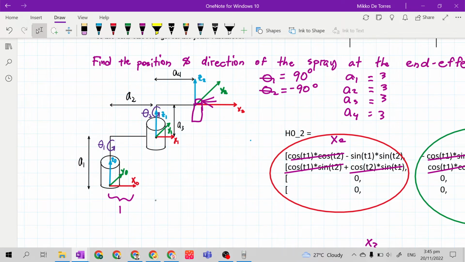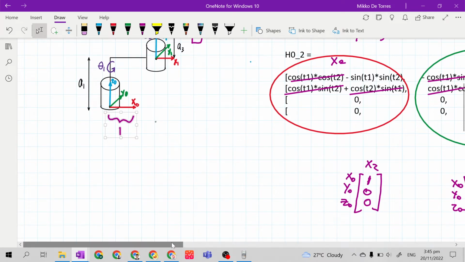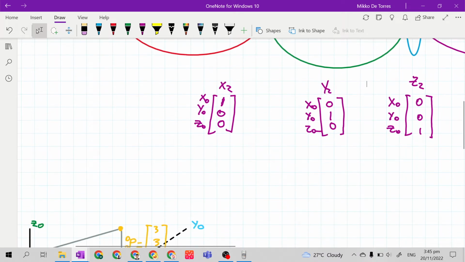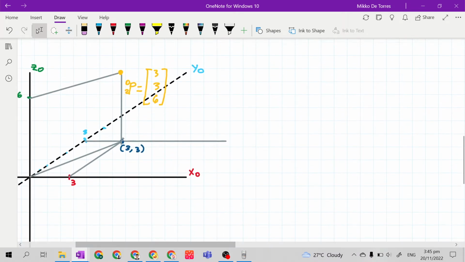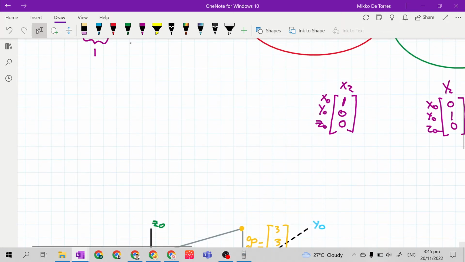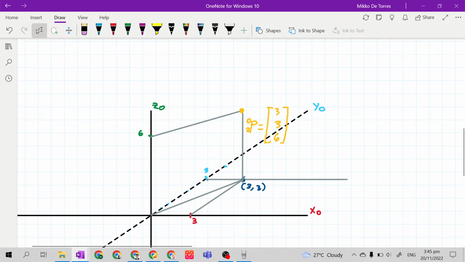From the lecture on the rotation matrix, every arrow or every axis is equivalent to 1 unit. So to plot these vectors of the rotation matrix in our table, we will start at x sub 2,